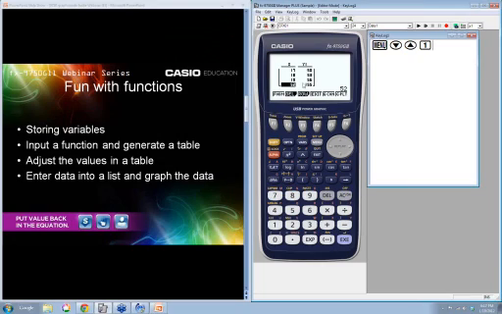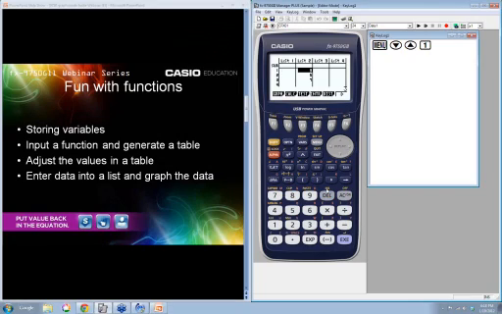All right, next thing we're going to do is enter data into a list. Sometimes you have the data, but you don't have the equation. You have the data, and you want to see, is this going to make a line or not? So we're going to go back to the main menu, and this time go to the STAT plot, S-T-A-T, and go to number 2. Again, you can arrow over and hit execute, or you can simply hit the number 2, and you'll get to the same spot. Right now I have some data in my table, so let's take that out.